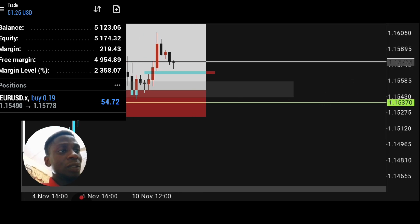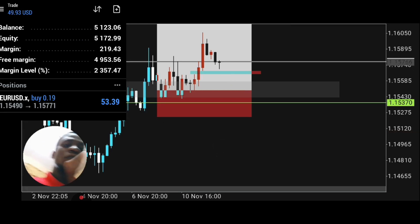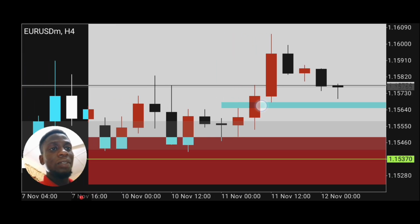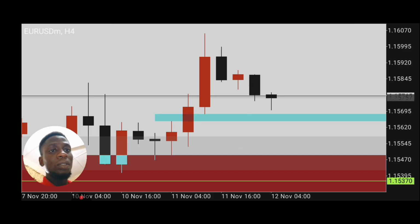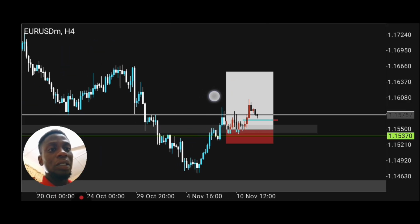This is at 1.1537. So that is where my risk is at the moment, and I still have hope in this trade. The reason for that is that around here we have a fair value gap. So I'm hoping, or anticipating, the market can turn back from there, and since we have a break of structure around here,